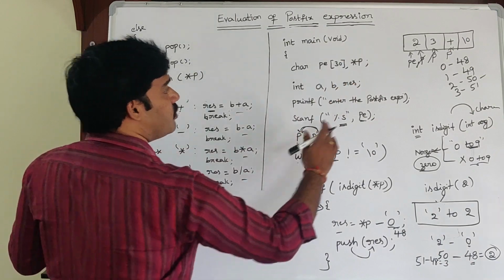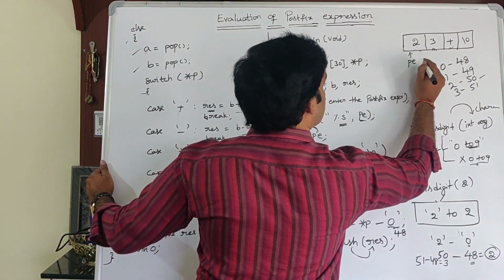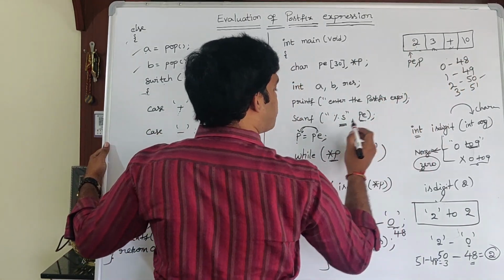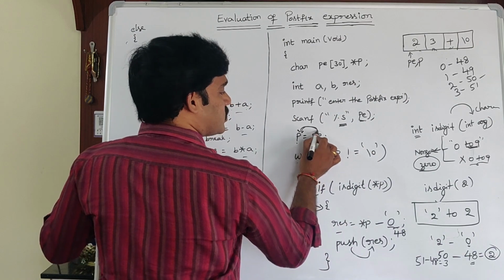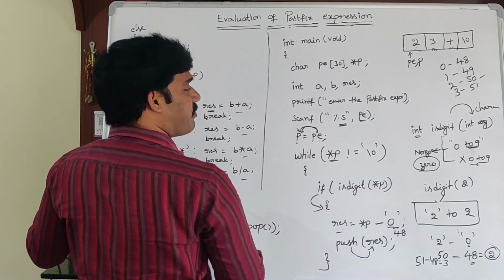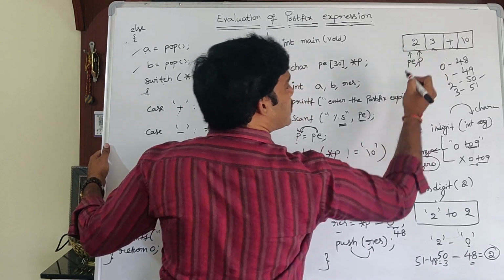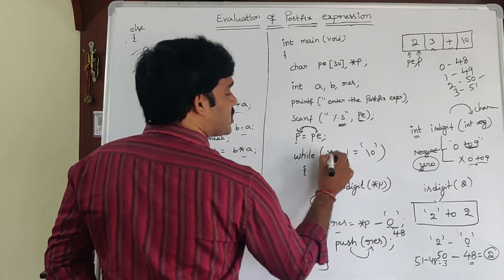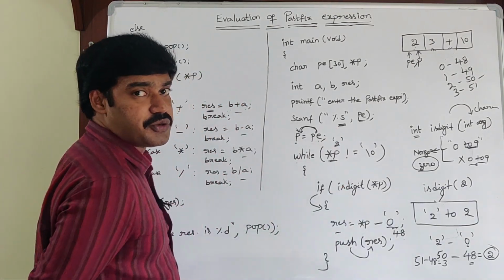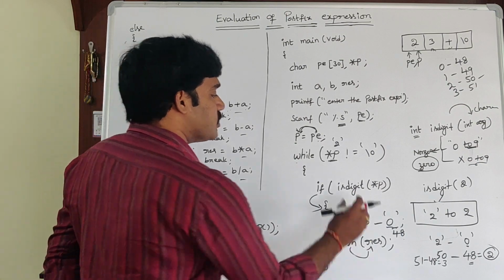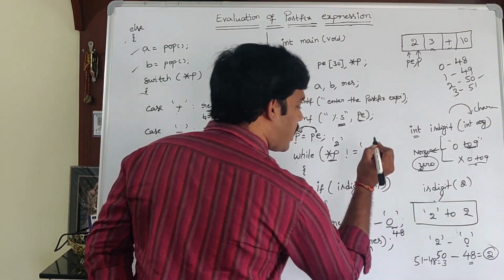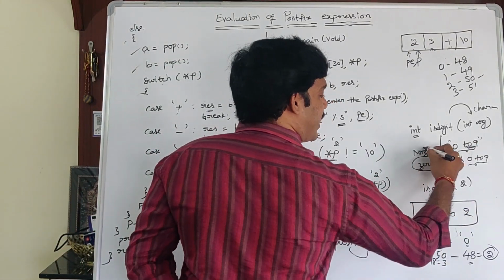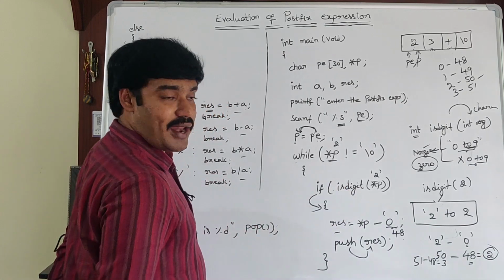Now trace this example. We are asking the user to enter the postfix expression. Assume that this is your postfix expression, that is 2 3 +. So assign the base address to the pointer variable. So p points initially to the starting index, the first character 2. While *p, the character constant 2, not equal to \0, the condition is true. So isdigit of *p, isdigit of character constant 2. If the character is between 0 to 9, then it returns a non-zero value. If of non-zero value means the condition is true.